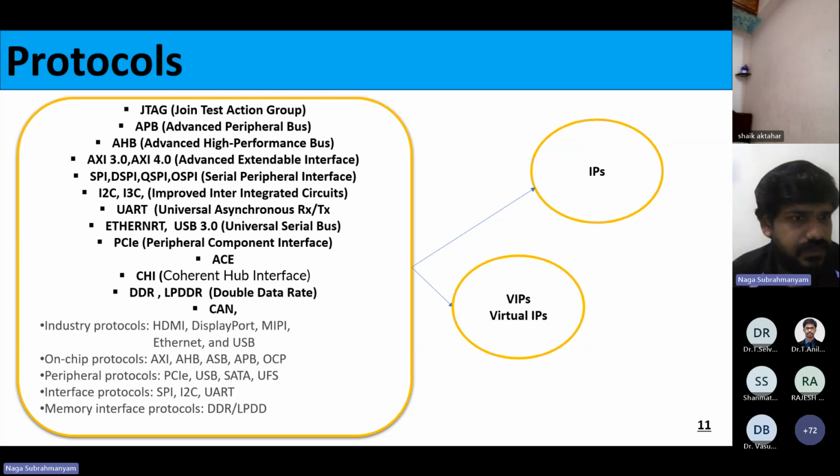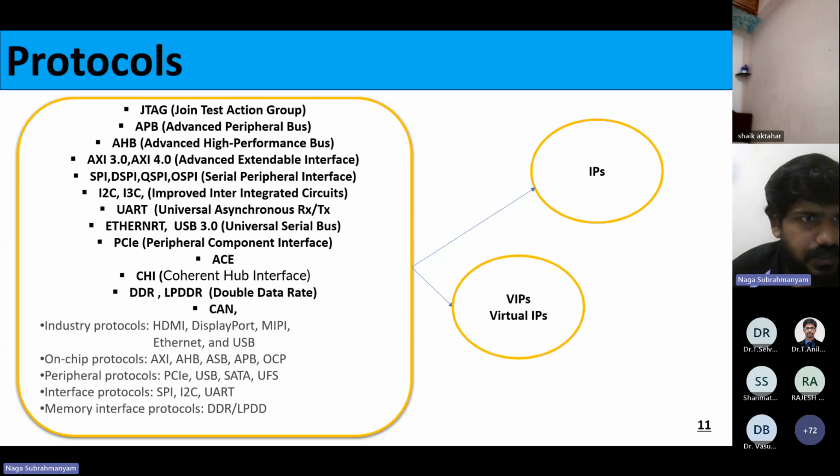Okay, mostly these protocols they will use to transmit the data, receive the data, communicate the data, route the data. All these things they'll use in the design. Suppose they have an SPI on the chip. Okay, SPI is the IP there. So how will SPI work? We will have an SPI VIP and we can verify how SPI is working.